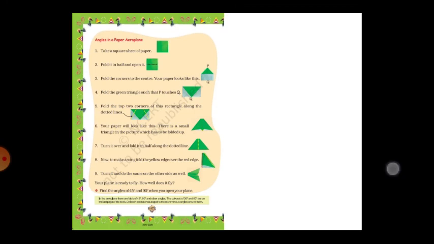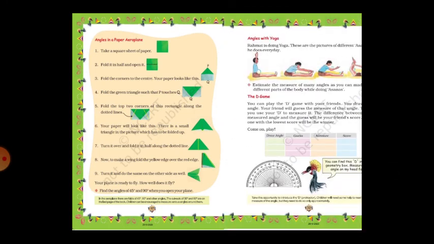That is right angle. Angle in a paper aeroplane. Since we did 2 activities, like that only, this paper aeroplane activity you do it yourself by seeing this. And angle with yoga. If you do yoga, so many angles it forms. See here, in this picture. And here, see, this one instrument in your geometry box is called a protractor. About this protractor I already explained in your last class.